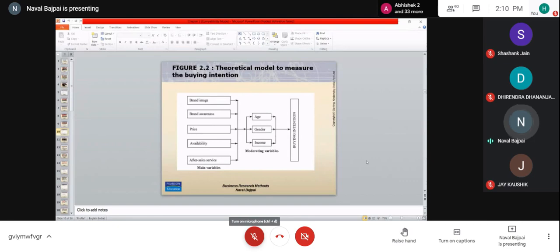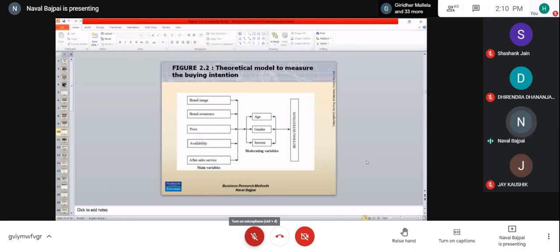Right now, for this theoretical model, because we are in the beginning only, I have not incorporated hypotheses in between. Otherwise, if I had a more refined, sophisticated model, which is not part of this chapter, I would be incorporating hypotheses in the model. And this is my theoretical model. So 5 are the variables. These variables are taken randomly here, but you are not supposed to take variables randomly. You are supposed to generate the variables from the available literature.